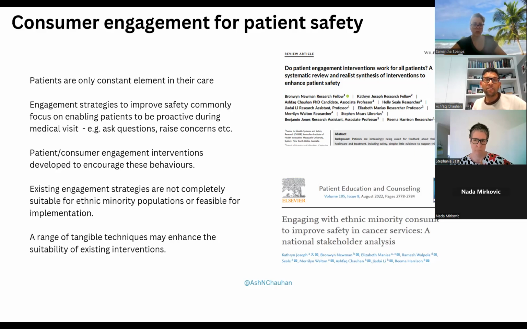Many engagement strategies are employed, like encouraging patients to ask more questions or raise concerns, but these strategies are not tested for people from CALD backgrounds. For example, I was part of a systematic review, done as part of the project that my PhD was part of, which looked at published literature evaluating consumer engagement strategies that worked for patient safety.